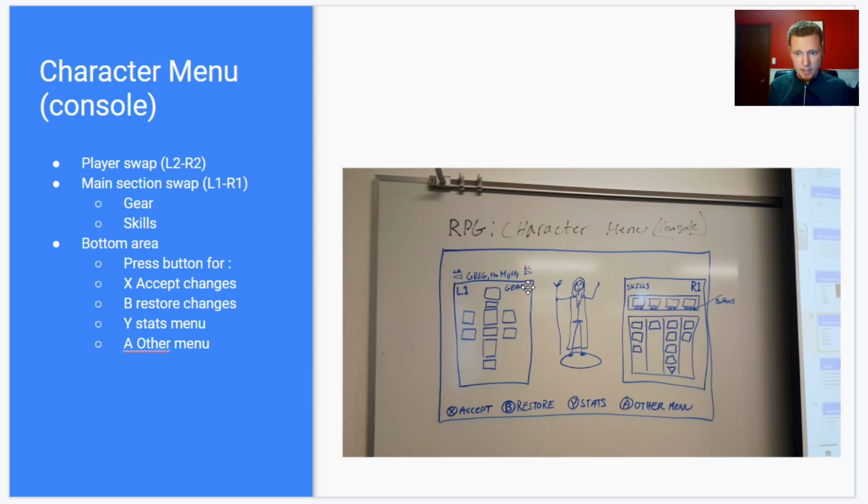And then they're going to come back and say, why didn't this game just tell me it was L2 and R2? That's stupid. Why didn't they just tell me that? It's not that hard. Just put it right there on the screen. The same thing with